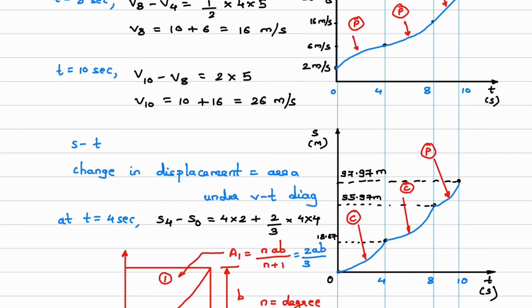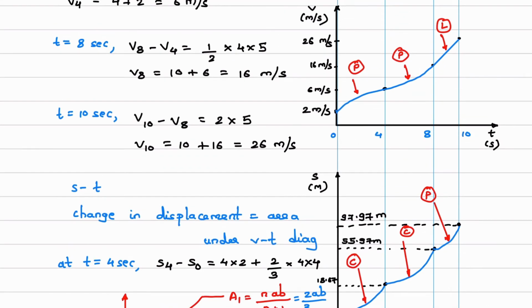And what is the third area? The third area is this one. You make mistakes here, that is why you have to write linear over here. Here you are taking 2/3, here you are taking 1/3, then here also you will continue with 1/3 out of inertia. No, it is a triangle. So this part will be half into base into height, and this part will be 2 into this height, 16. So that area you have to add.